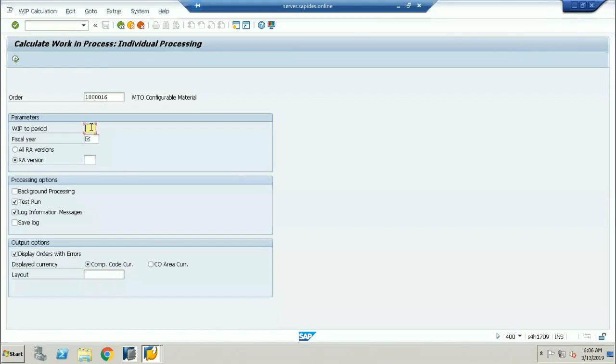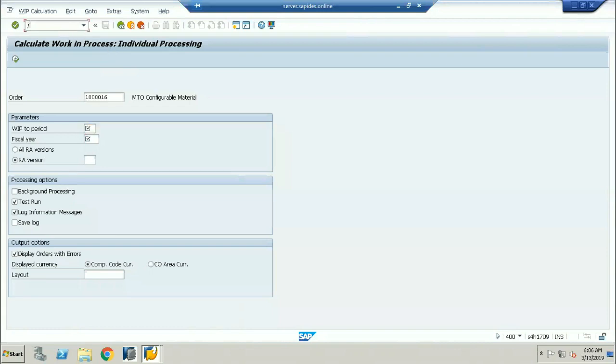Okay. So now I will do the work in progress calculation. After you do the work in progress calculation, you will get the total input variance and the output variance. For these input and output variances, an accounting document is getting triggered. In this accounting document, you will see all the production order variance is going to be the debit. For the production order variances account in the OBYC, you will assign a GL account for the transaction key called AUF. AUF is nothing but your transaction key.